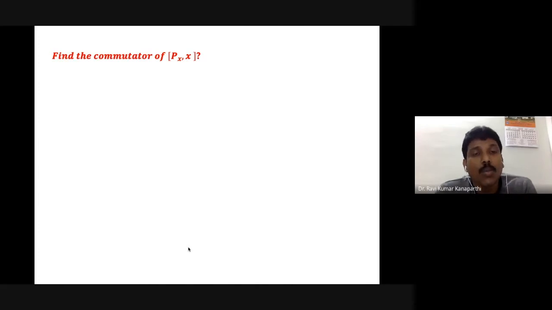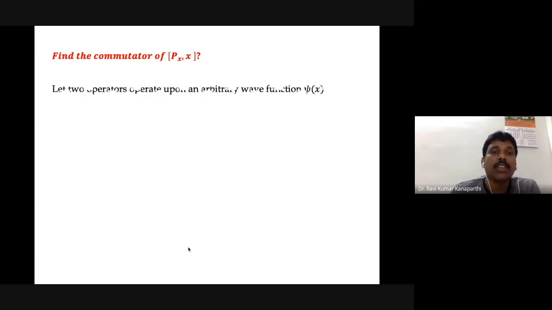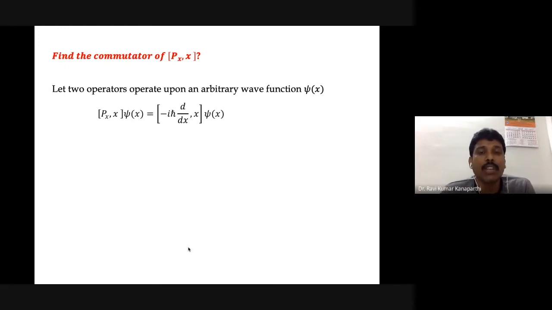Let us evaluate the commutator of the position and the x component of the momentum. So let us evaluate the commutator of these two things. Now let us take any arbitrary wave function. This time I am just taking psi of x. Again the same thing: it is nothing but AB minus BA, and then you take the wave function inside, and let the operators operate one after the other on the wave function. That is what we do.